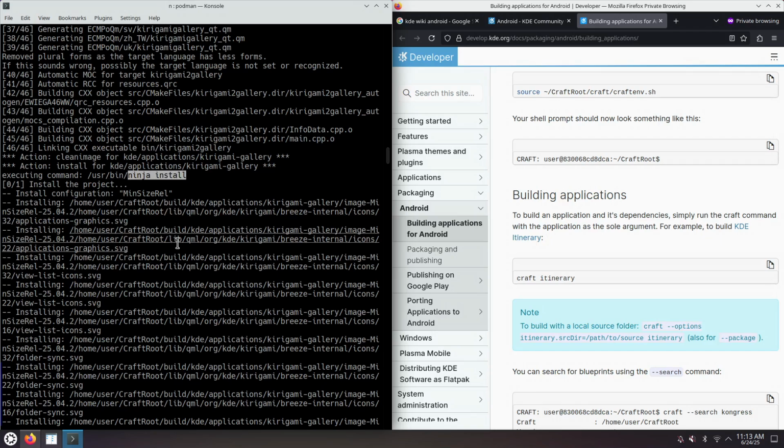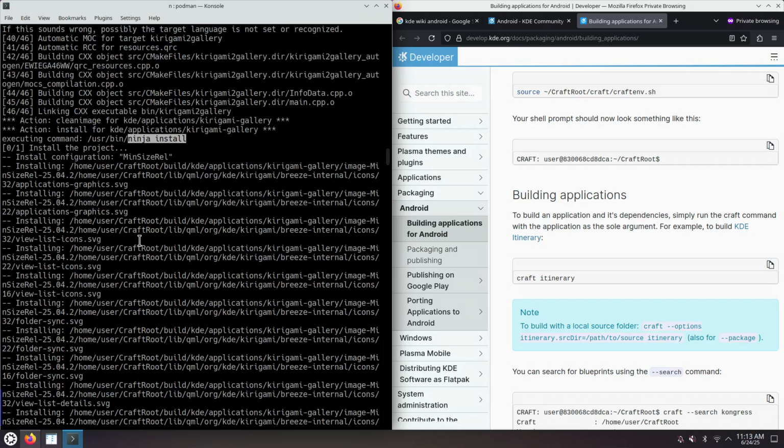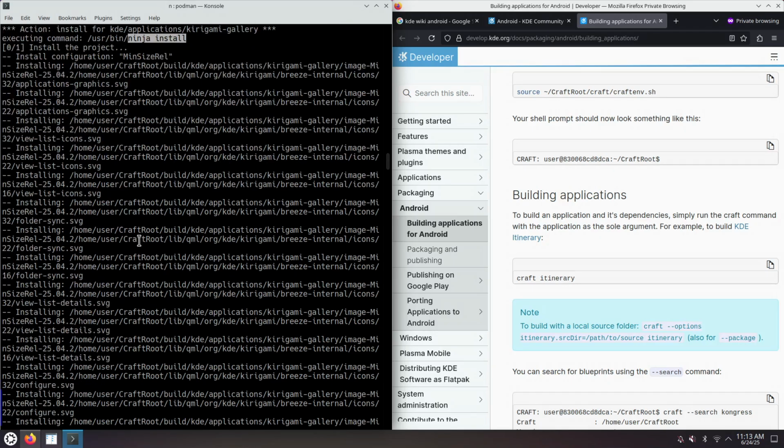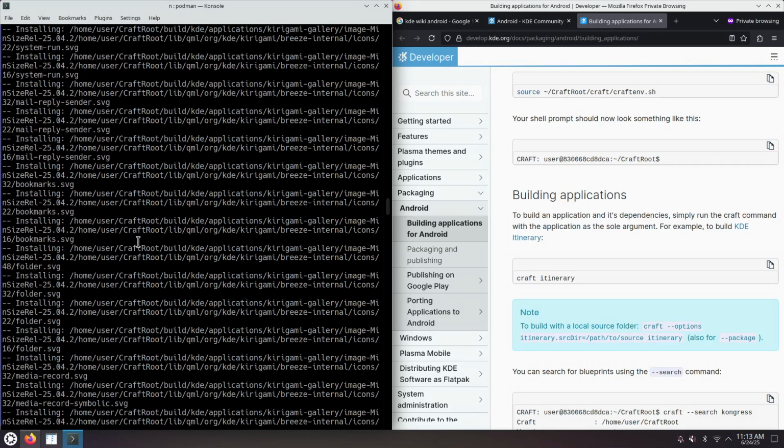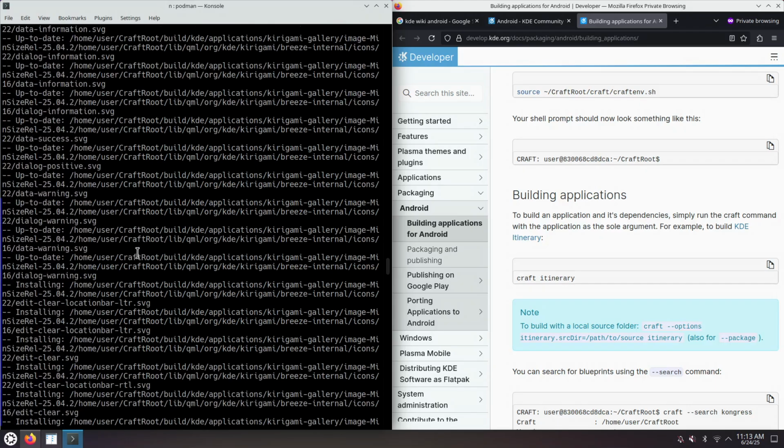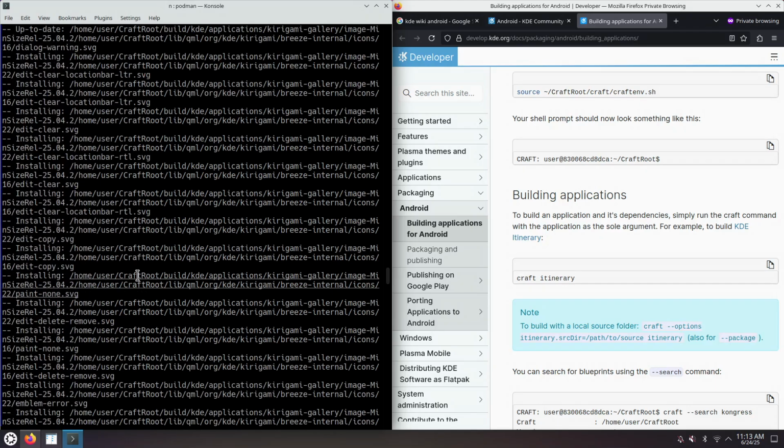So this is similar to the GNU make install step. Okay, after the Ninja install step has finished,